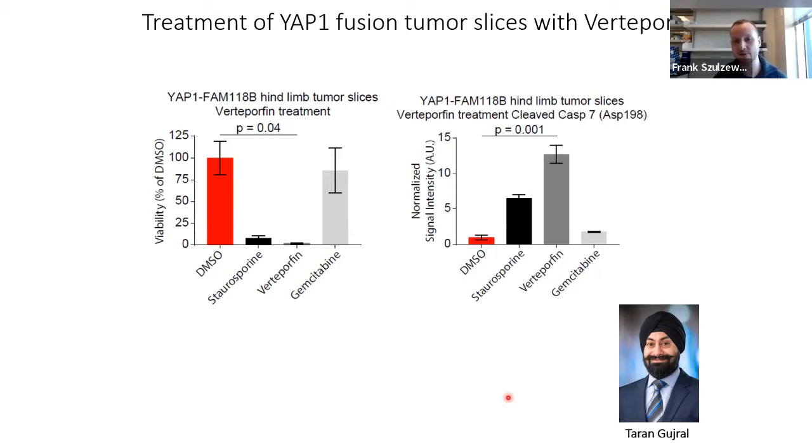And one drug that we use is verteporfin, which is a known inhibitor of YAP1 TAZ interaction. It's a very dirty drug, but it has been used before. And we also used other drugs for that, and we see similar effects. And we see that verteporfin treatment, or basically YAP1 TAZ interaction inhibition, is able to reduce the viability of these slices with an increase in apoptosis.